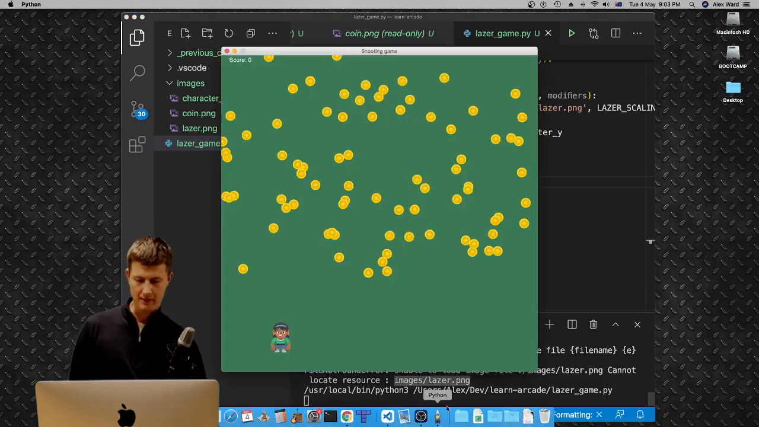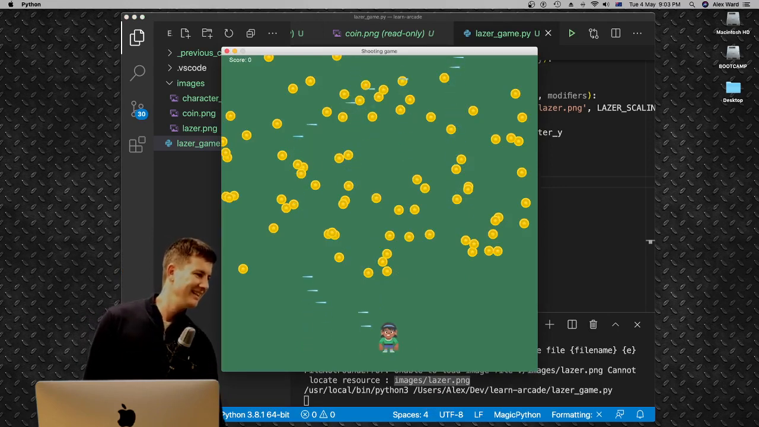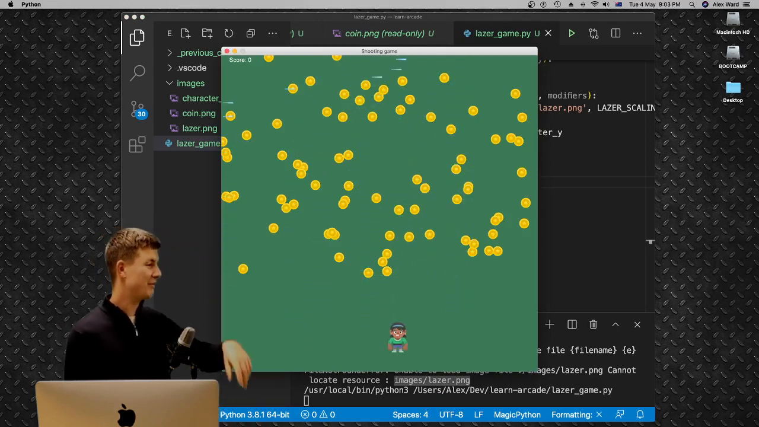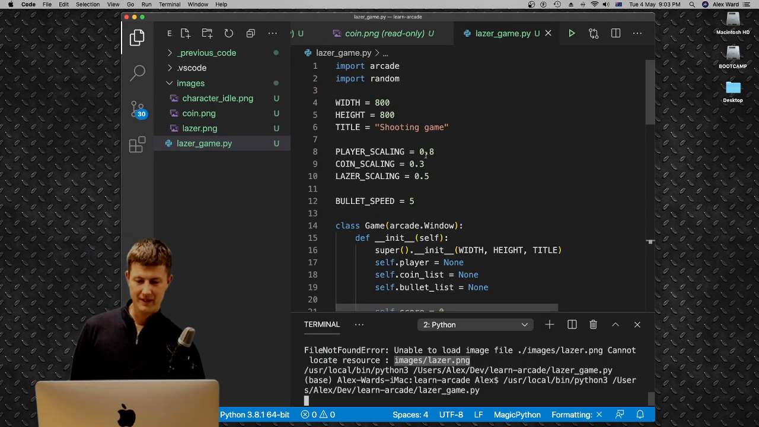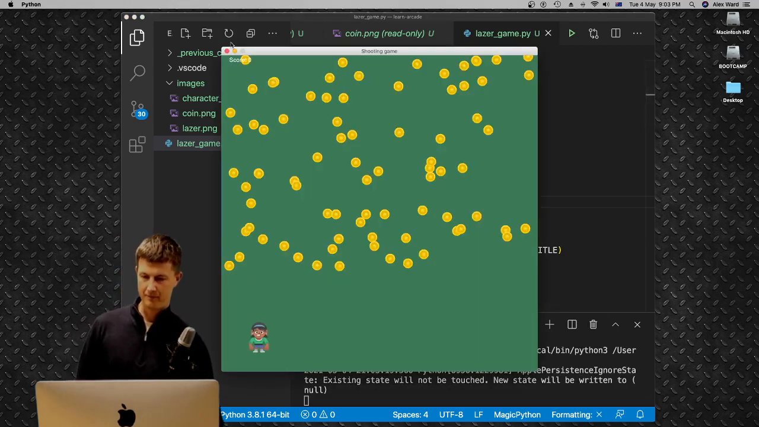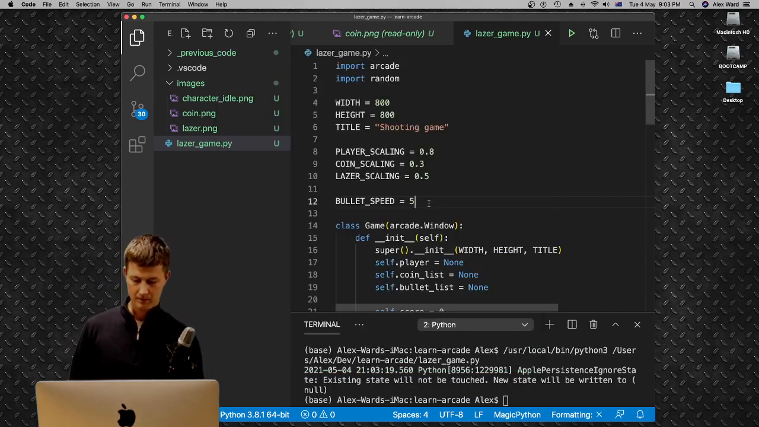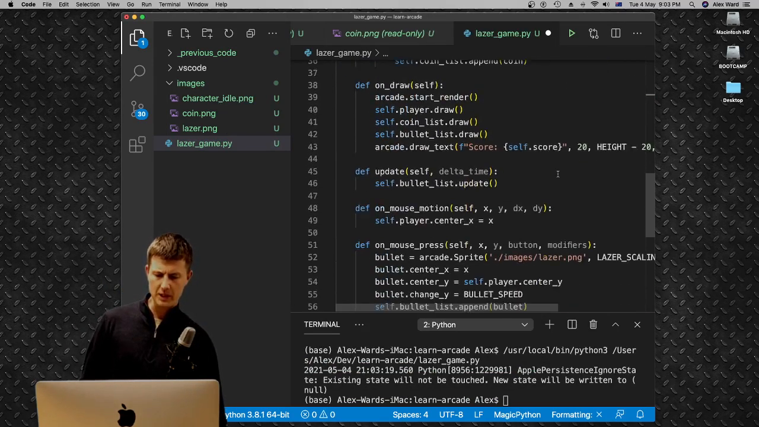Why can't you see that? Here we go. Notice something funny? Yeah, I do too. Lasers are pointing the wrong way, and they're a little bit slow. I reckon we should make them a bit faster. Lasers are quick. Let's double that. Let's turn it to 10. Let's turn bullet speed to 10, and let's also, when we spawn the bullet,